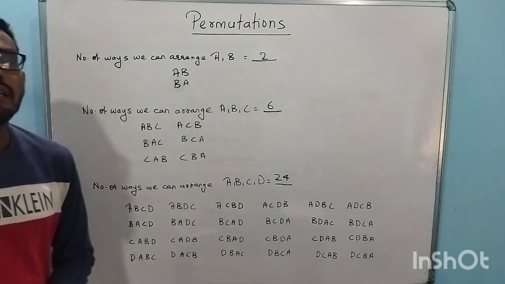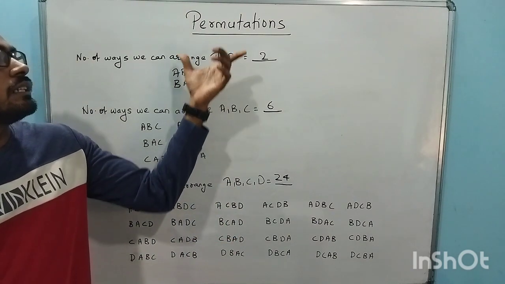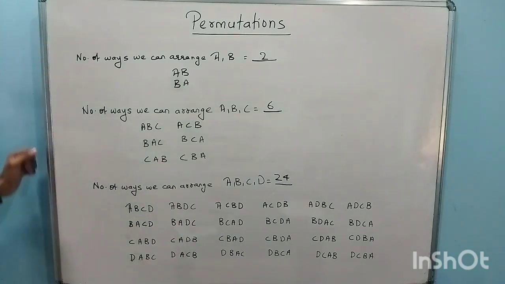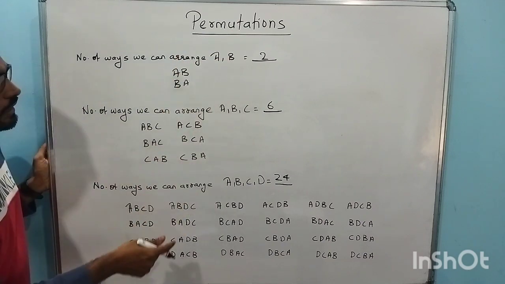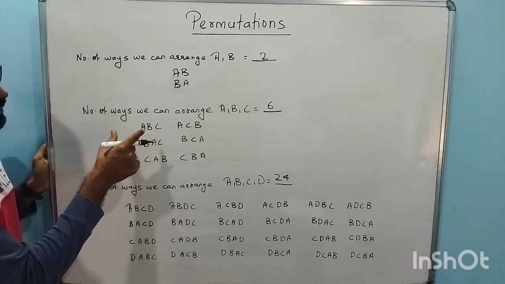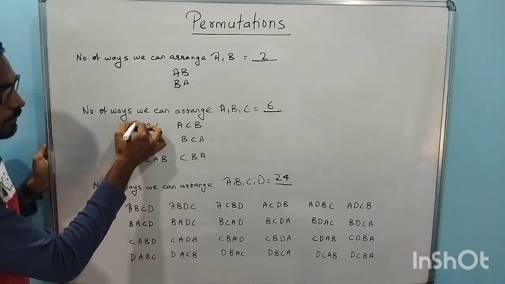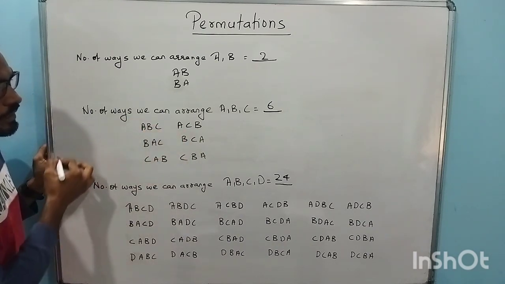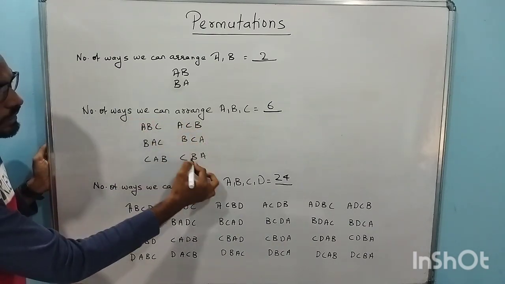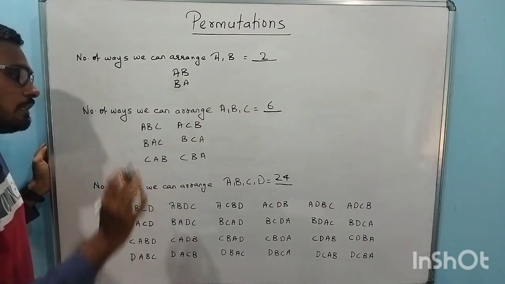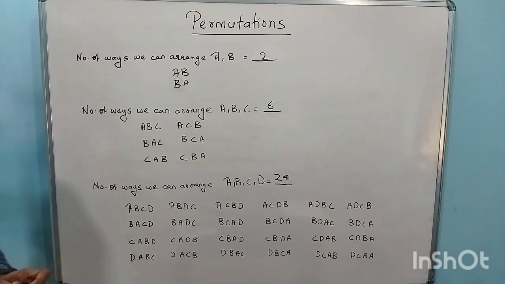That method we'll learn in the new lesson, that is permutations. Permutations is basically arrangement only. When we say number of different arrangements, we actually say number of different permutations. So this is one permutation, this is one permutation, so like this there are 6 permutations. Permutations is actually arrangement only. So we'll start with the lesson.